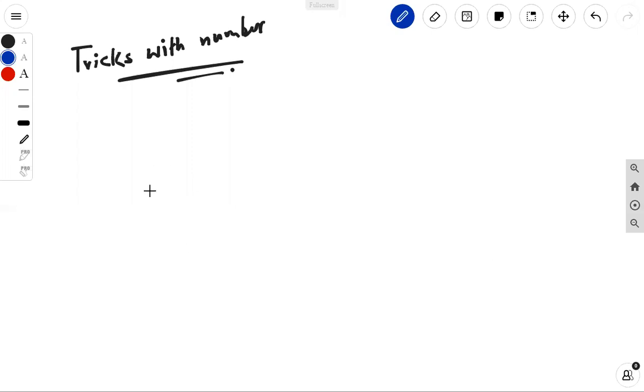Now I will start with this kind of question, because this can come several times. This can come in WBCS. We have found that this question came in CGL also. Suppose 1357 to the power 234, and they have asked you what will be the last digit of the result. These questions are very tricky, and if you just try to find it directly, it will take a longer time to solve, but I can tell you it is very easy.